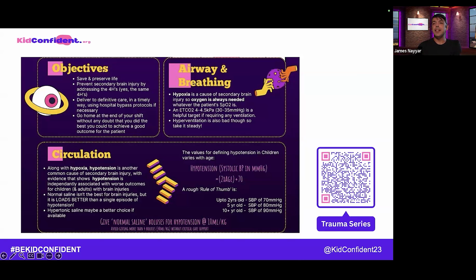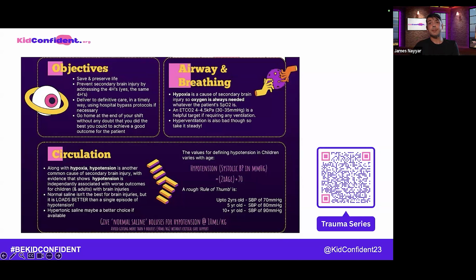So give oxygen, aim for a normal end-tidal carbon dioxide. If we have to assist with ventilation, too much causes vasodilation, so increase the amount of blood in your brain and therefore increase your ICP, and too little does the opposite, so it causes vasoconstriction, and that reduces blood flow and oxygen delivery. So both things are bad. Aim for perfect. Give fluids for hypotension, and in adults we would target a systolic blood pressure of 90 as a minimum in head injuries. And in children, that probably isn't a bad figure either, but a rough guide to the absolute minimum systolic blood pressure we can tolerate in kids is 70 plus twice their age in years.